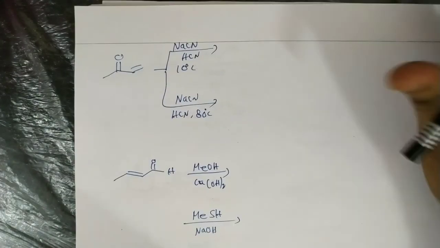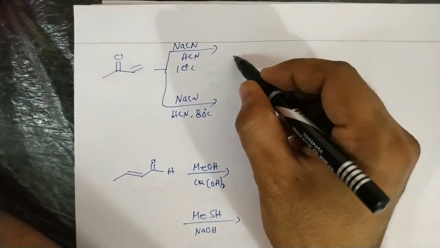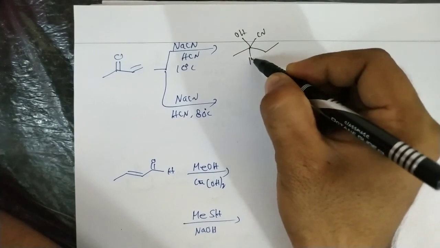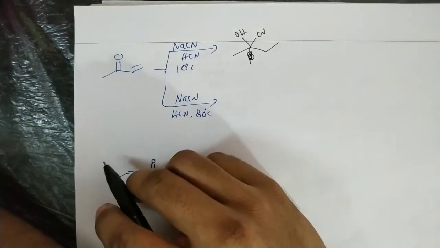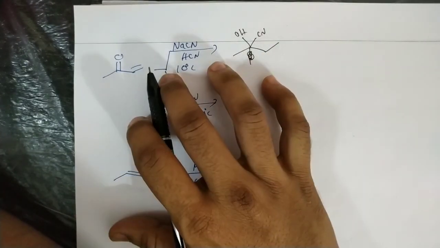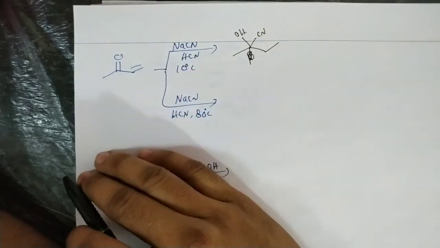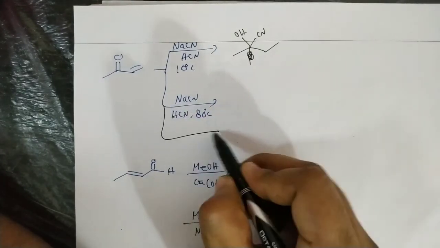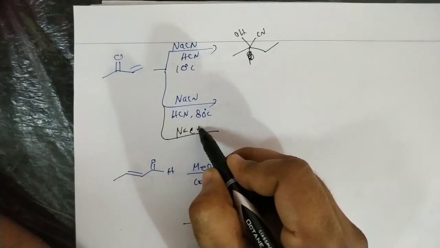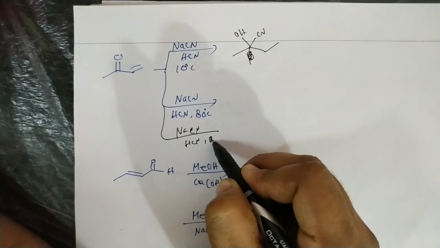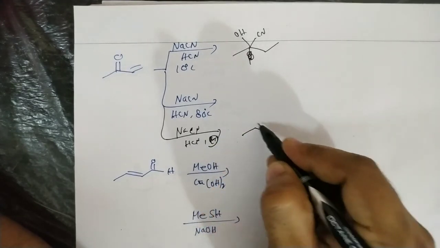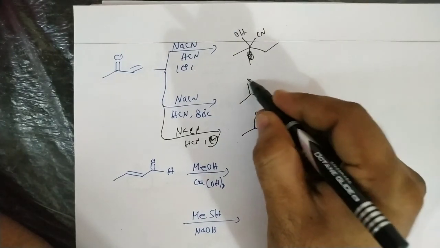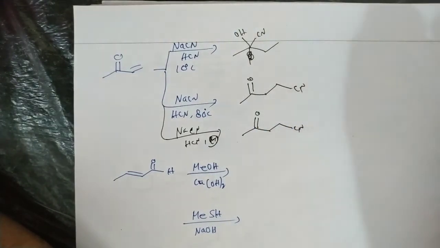Okay, so generally you know that at low temperature direct addition takes place. So here with OH and CN, if temperature is mentioned, we can take weak nucleophiles as giving conjugate addition or direct addition. Generally, for NaCN, HCN at room temperature, conjugate addition takes place. That means the CN adds at the double bond. This one is also the same at high temperature, no doubt conjugate addition takes place.